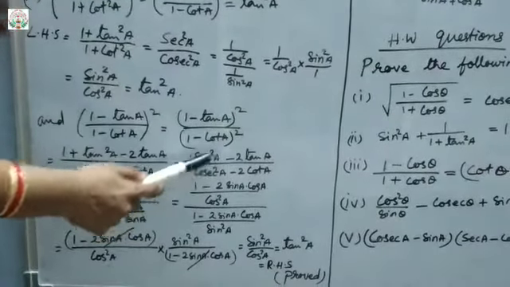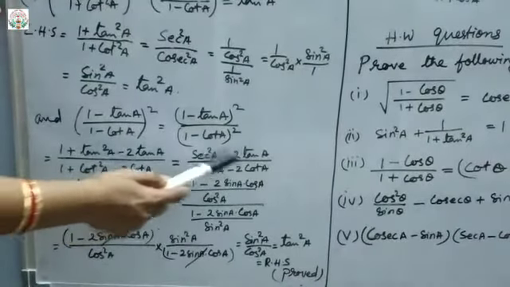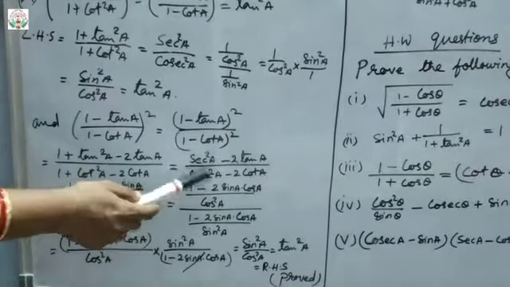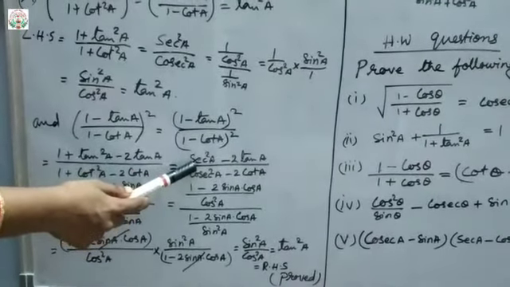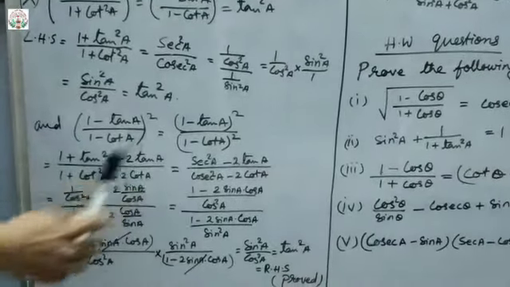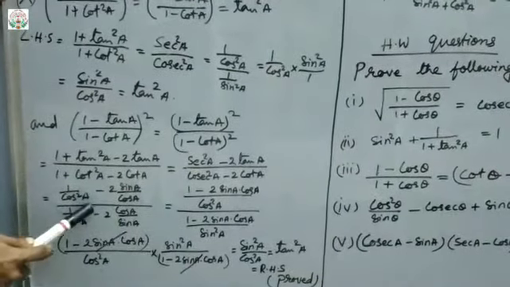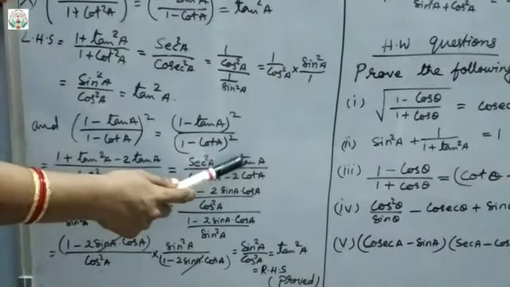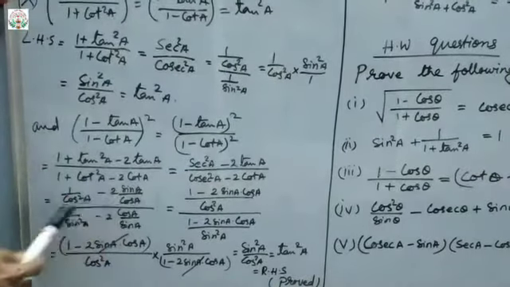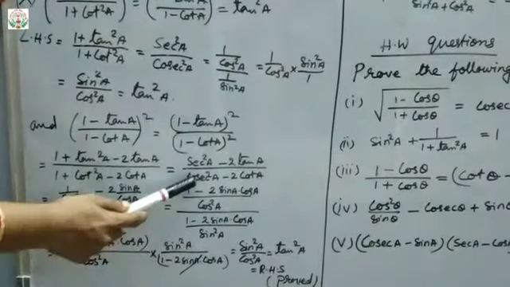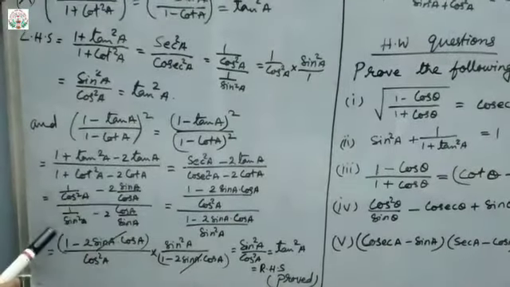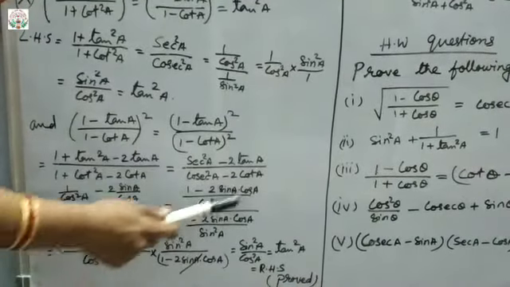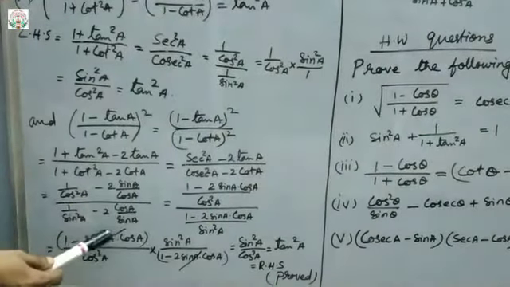Now after that change everything, sec, tan, cosec and cot, all into sin and cos form. Okay. So sec square is the reciprocal of cos square A. So that will be 1 upon cos square A minus 2 into tan. Tan will be in the form of sin and cos, what will it be? Sin A upon cos A, upon 1 minus... cosec square A will be the reciprocal of sin square A. So 1 upon sin square A minus 2 into cot A, which will be cos A upon sin A.